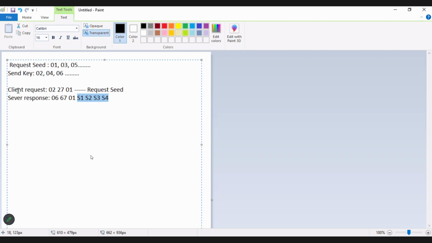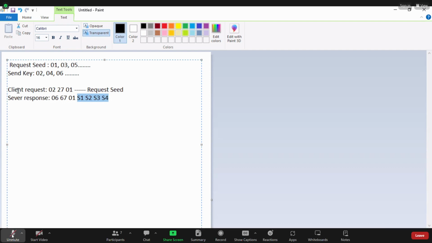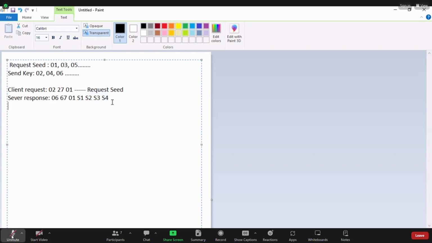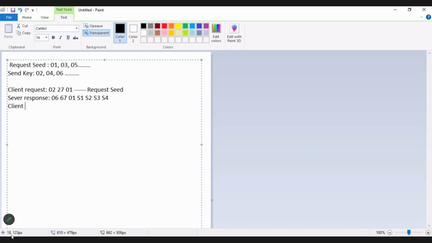Understood? Correct now? Only the authentic person knows what the password is. An unauthentic person doesn't know. Clear? So once this response is received, the client will calculate the key and will send a request with sub function 02,